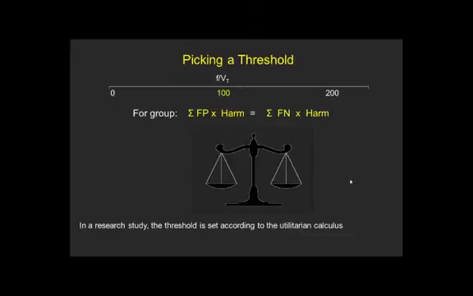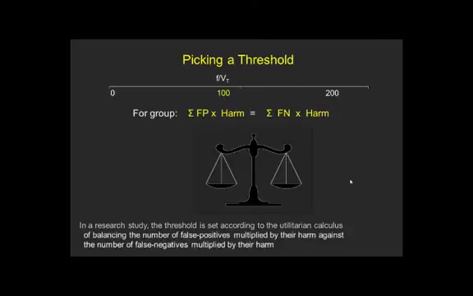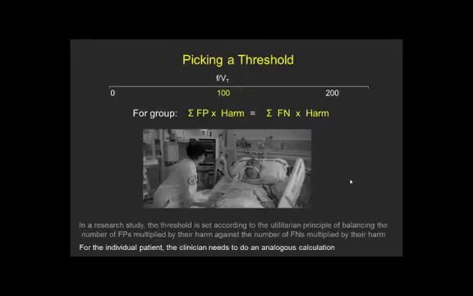In a research study, how you decide what threshold value to use for a diagnostic test is based on a utilitarian calculus, which basically means you balance the number of false positive results multiplied by their harm against the number of false negative results multiplied by their harm. It's the sum of those two that helps you pick the threshold. And for the individual patient that you're taking care of, you need to go through an analogous process